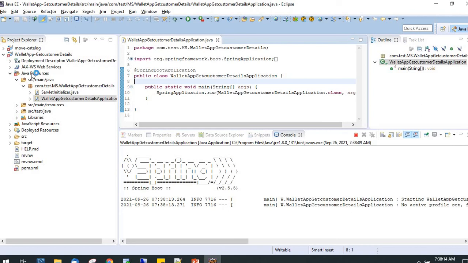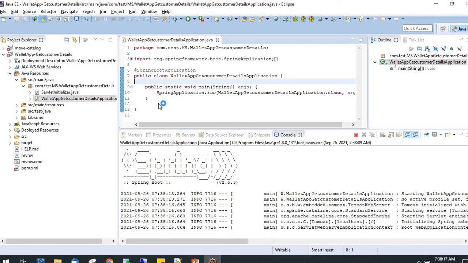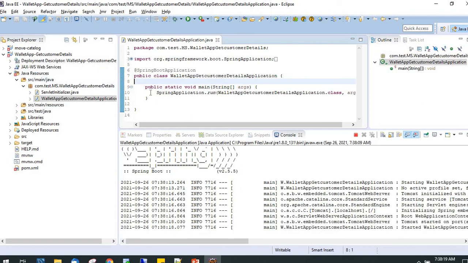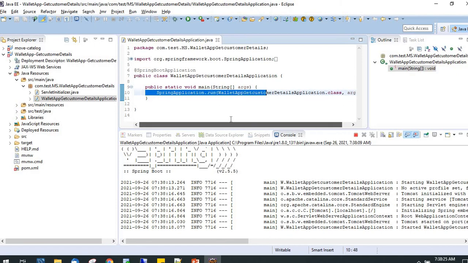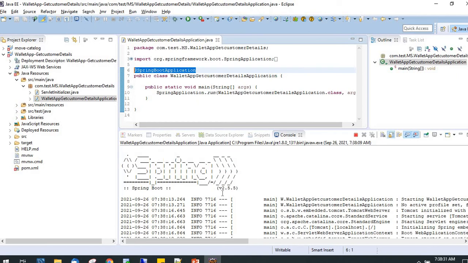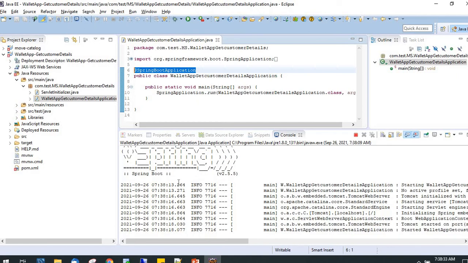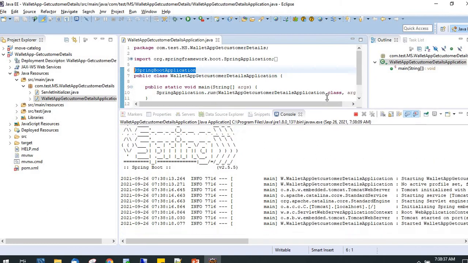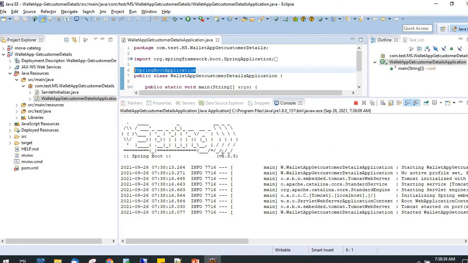See, in every Spring Boot application by default a Tomcat is running. See here, you are seeing, right? SpringApplication.run by using the Spring Boot application. By default, Spring Boot is providing the server. So you see here in the console, you are able to see it is running as a Tomcat. Okay, still it is running, not completed.